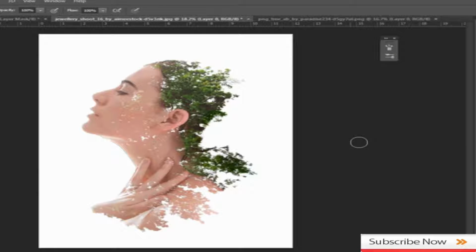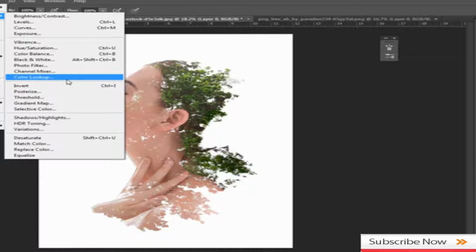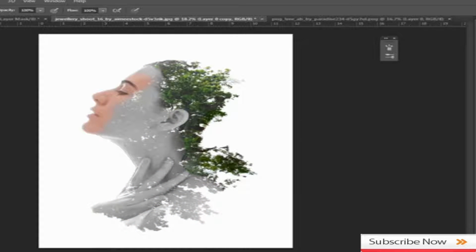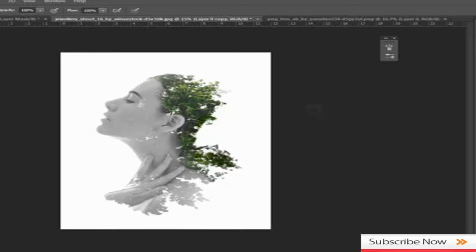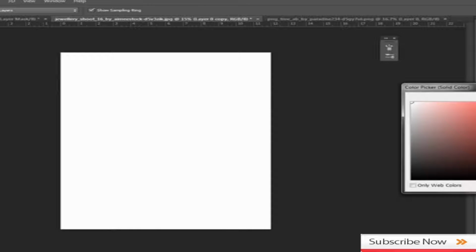Now once you think everything is okay and it seems fine, all you have to do is select your layer from here, go to image adjustment and turn it to desaturate. So where is it? Here. And then do the same with this top image, go to image adjustment and desaturate, and then your image is ready. And for some touches you can do one thing, create a new adjustment layer and select solid